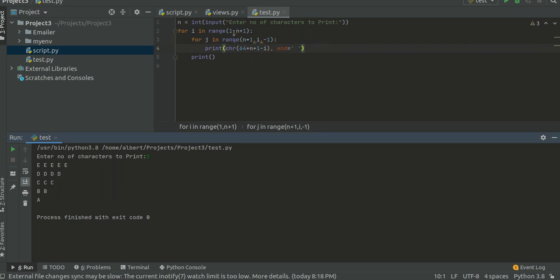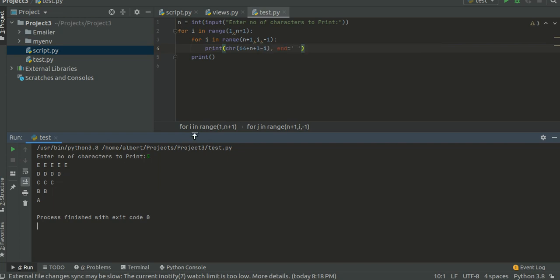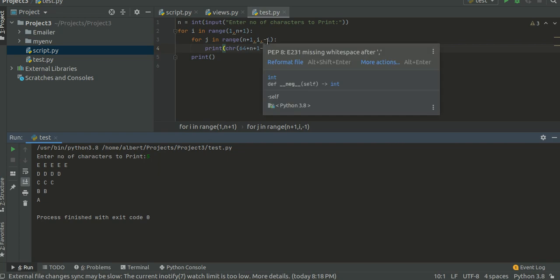So if we change the iteration of the loops, we'll also get the same output, but we need to be totally prepared. We must understand how we are iterating through the loop, how the value of the first loop is changing. Similarly, we have to change the value of the second loop accordingly.